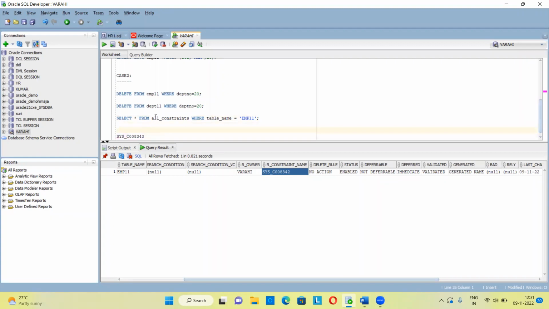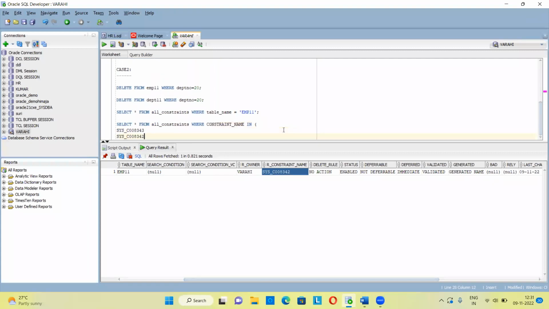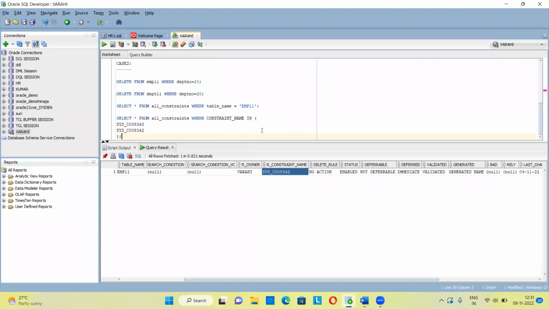Correct? So let me write one more query now. Select star from all_constraints where, what is this name? Constraint name, right? Constraint name in, because I am searching for both together. Okay, so this is text, right? So I should keep single quotes for it. Now,